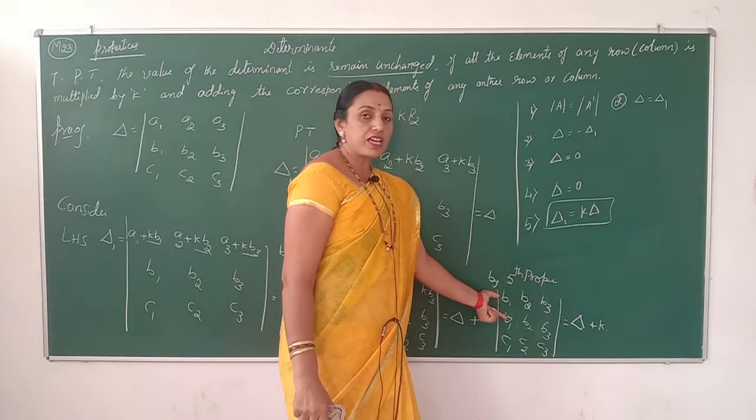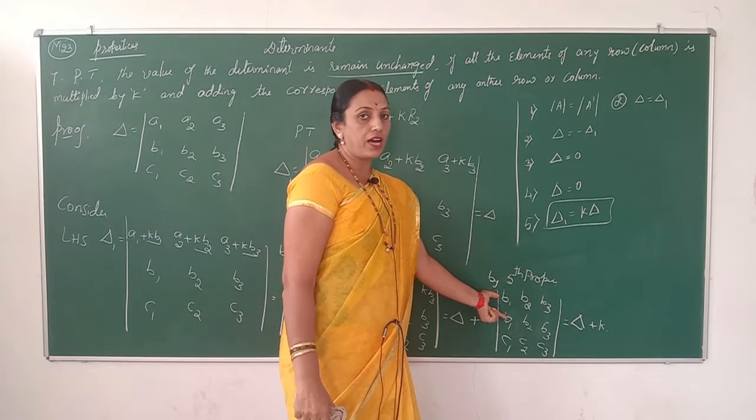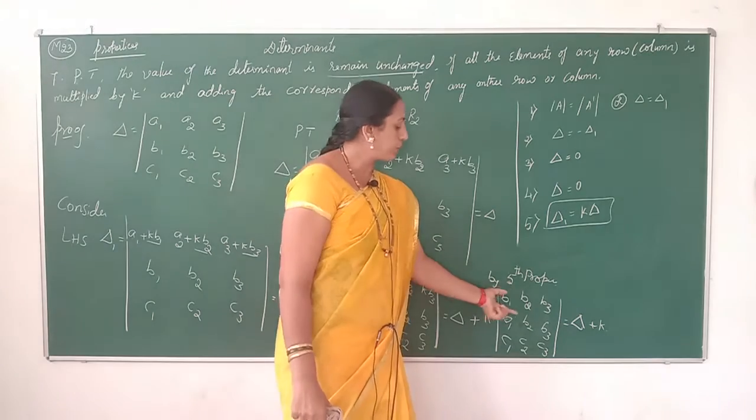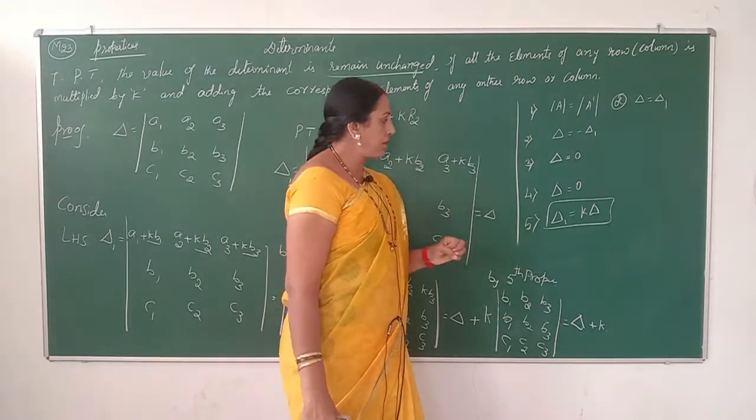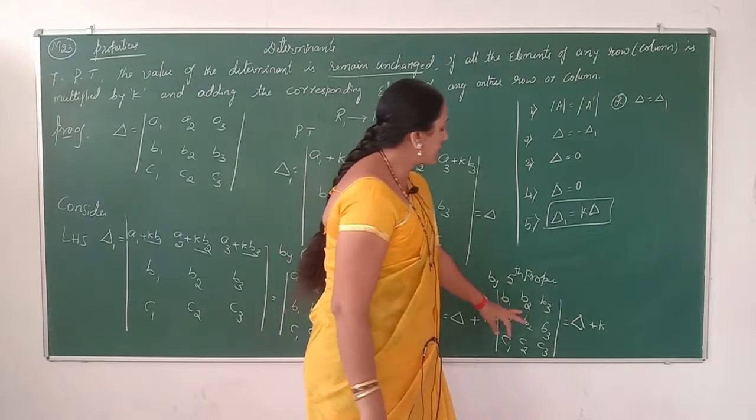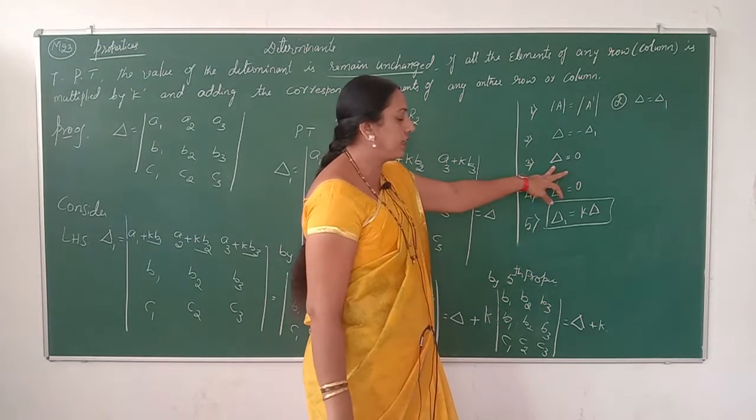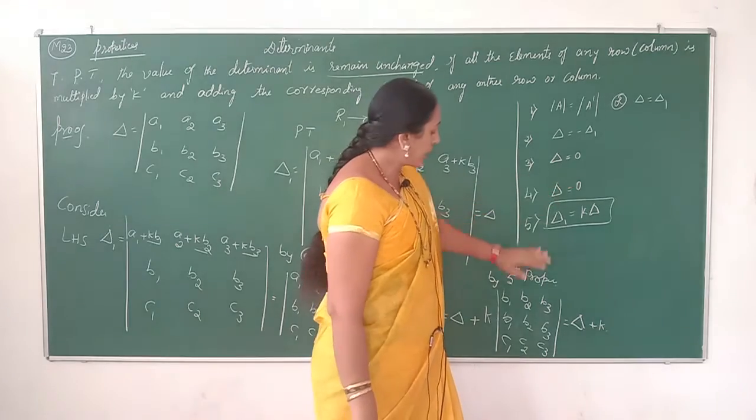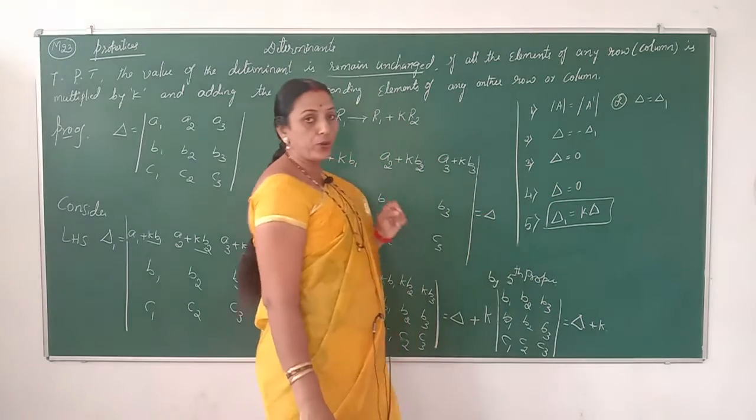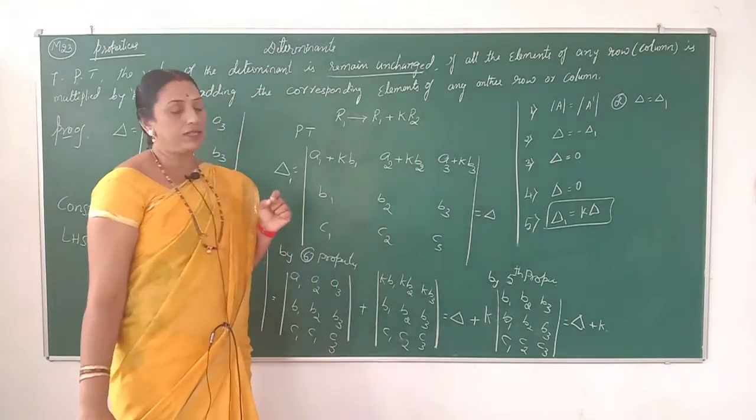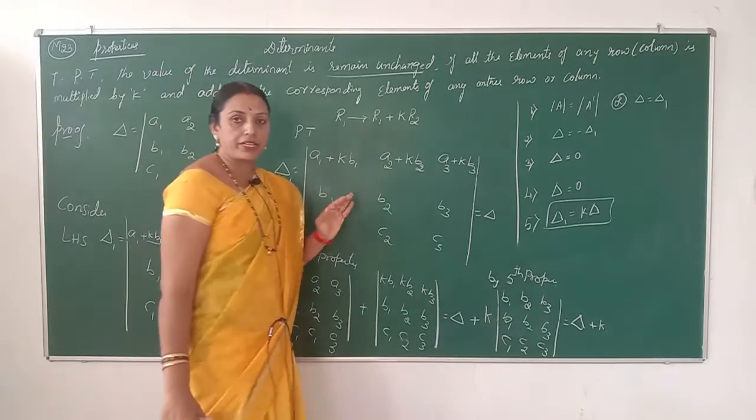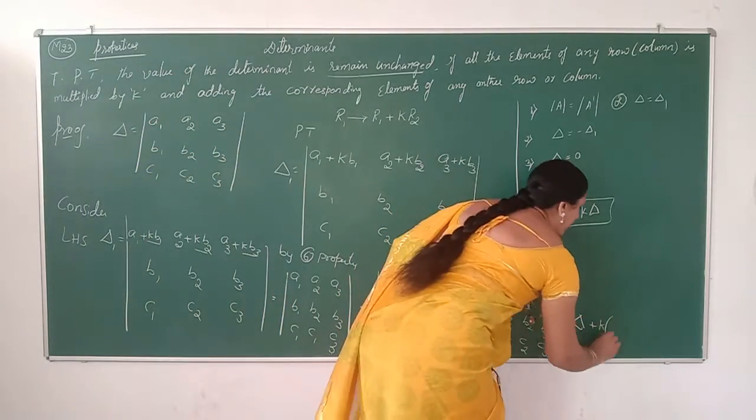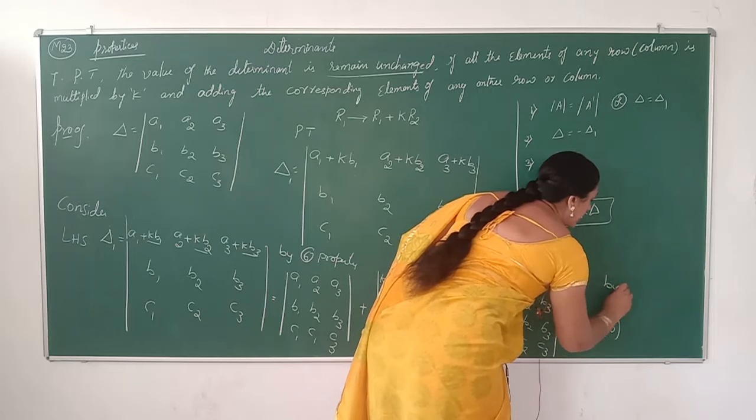Therefore, the elements of the first and second rows are identical. Both the corresponding elements will be same. Therefore, by using the third property of determinants, if all the elements of any two rows or columns are identical, then the value of the determinant will be 0. So, by using the third property,